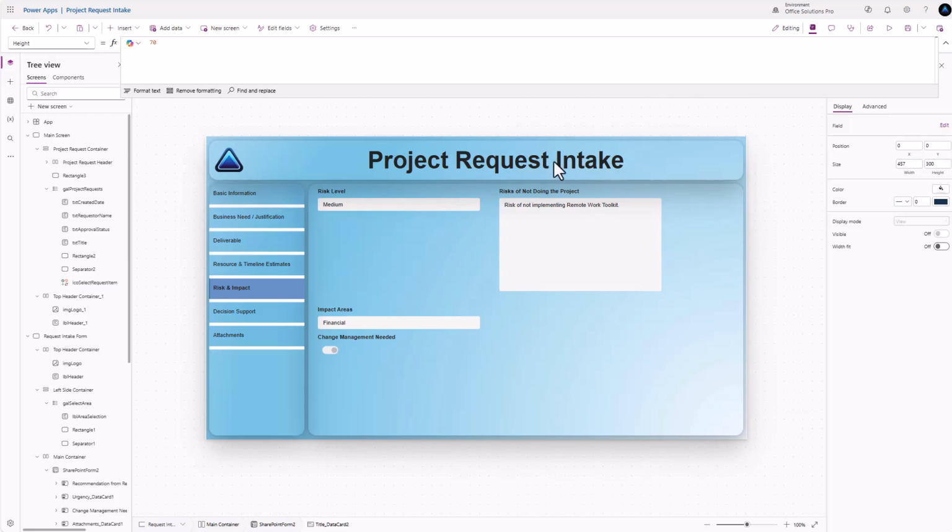How do we get the user to go back to the page that they selected from? Well, we need to make some modifications. You have a couple different options. You could put a button up here if you wanted to, or you could put a button right here, or you could put a button over here. You've got quite a few options that you could use for this process. If screen real estate is really important, a lot of times you'll put the buttons up on the top bar here. If the screen real estate isn't super important, then you'll put it here. In this particular design, screen real estate is not super compressed, so let's go ahead and just put the button